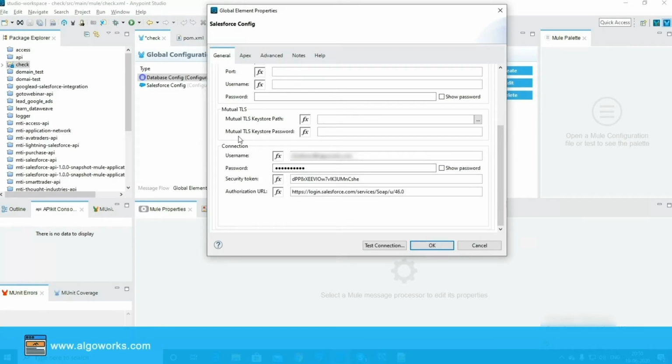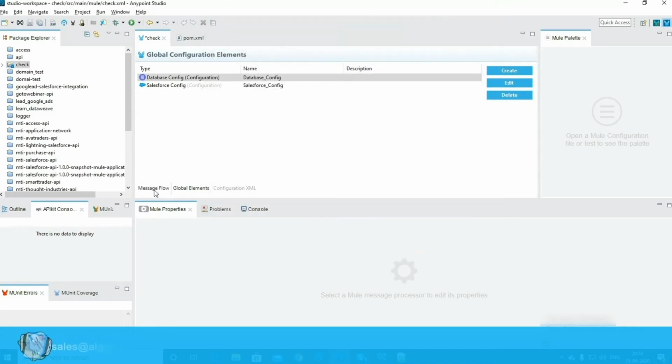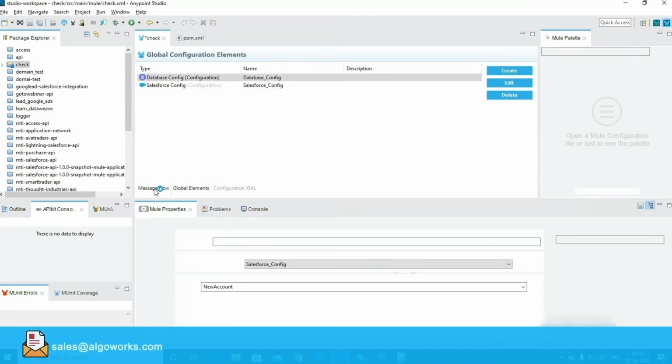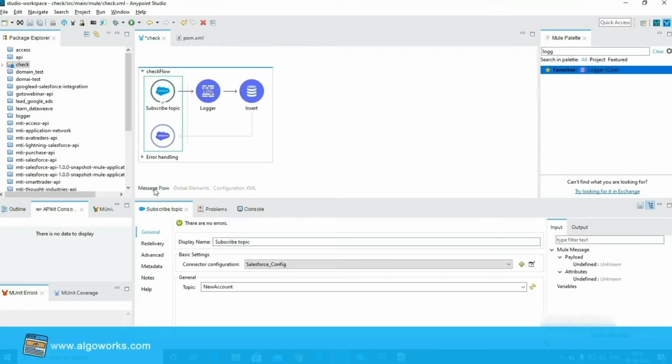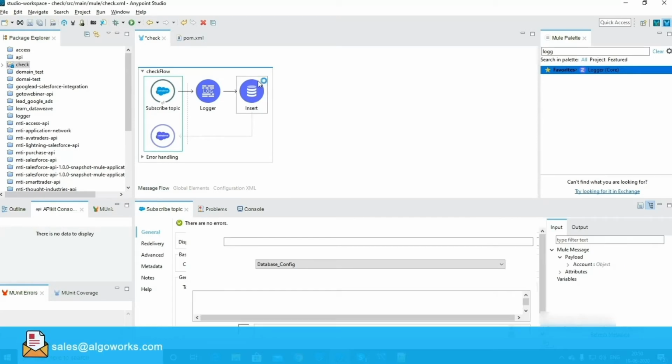So these are the mandatory fields which we require to connect to Salesforce. Apart from this, in the Salesforce connector, I need to give the topic name which I had created earlier in the workbench. So this is the topic name, which is new account.